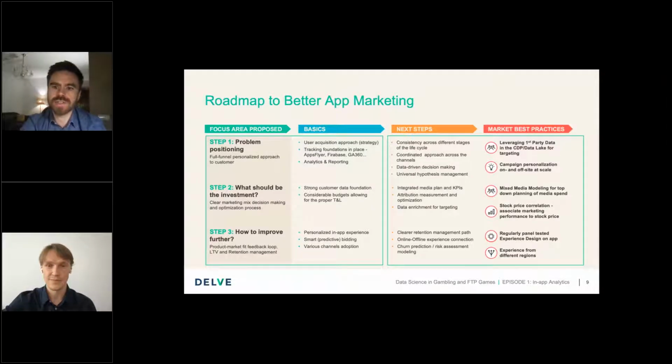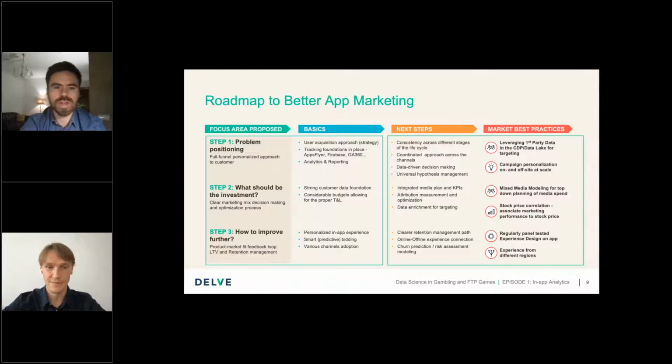First of all, this is something we recommend to our clients: to prepare a solid data fundamentals project. This is mostly done with applications like Google Analytics, Firebase, and AppsFlyer, to build a solid basis for the future models that would be determined in other channels of communication. At step 2, we're wondering what the investment should be.